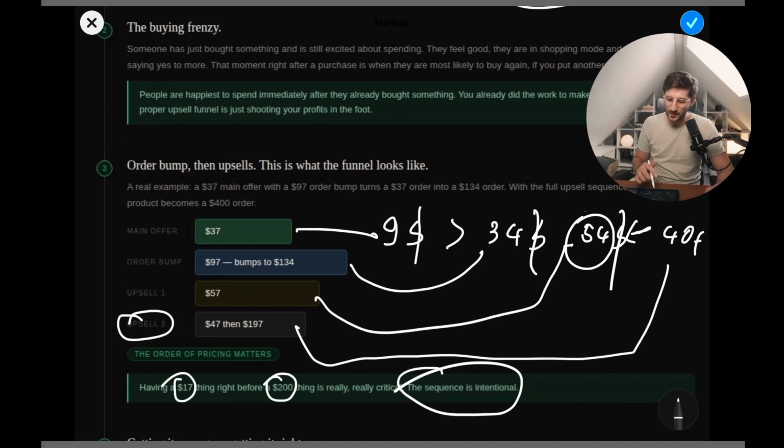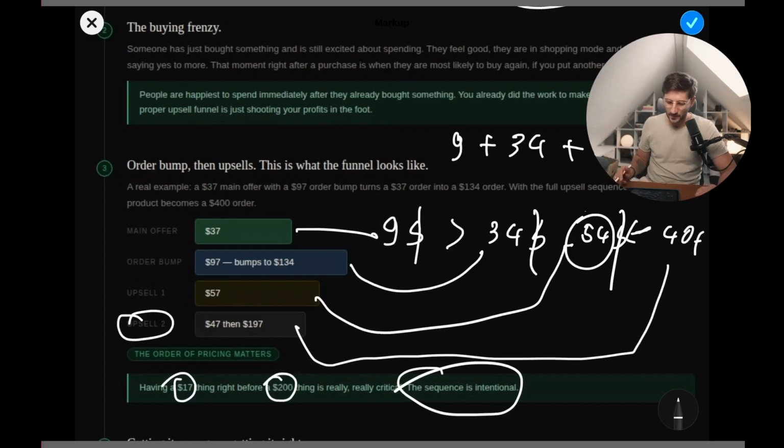And then if you add all of these, it will be 9 plus 34 plus 40. So it will be $83